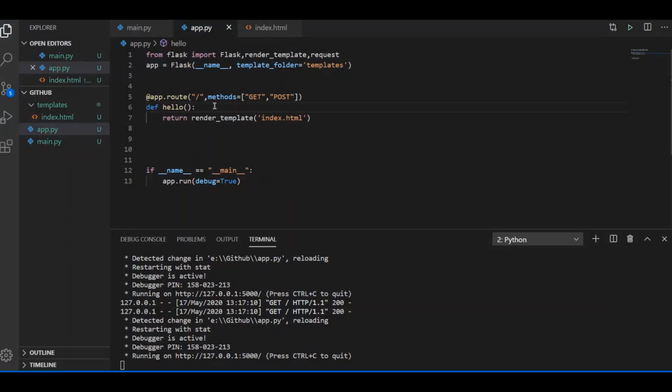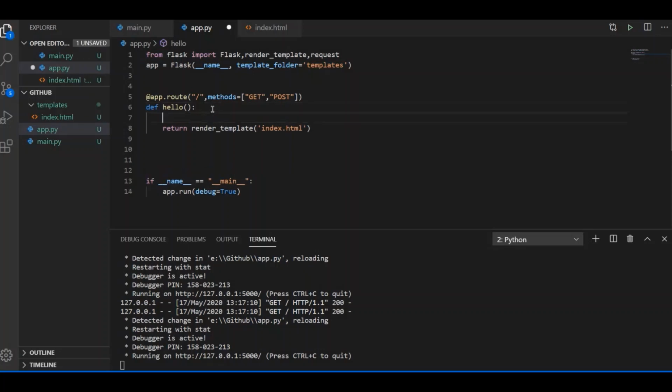For that I am using it, and now I will use one of the methods of this request library, and I will say that if request.method is equal to POST, if you have written everything in the web page in the form, then we have to take that value and store it in a variable so that we can use it later.